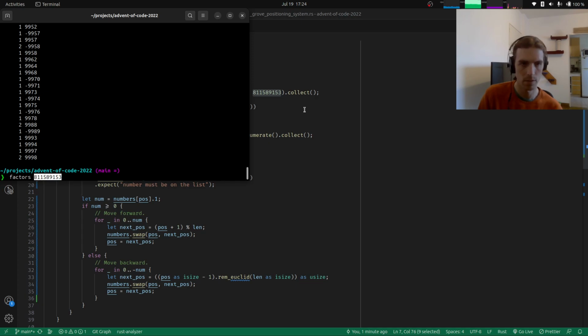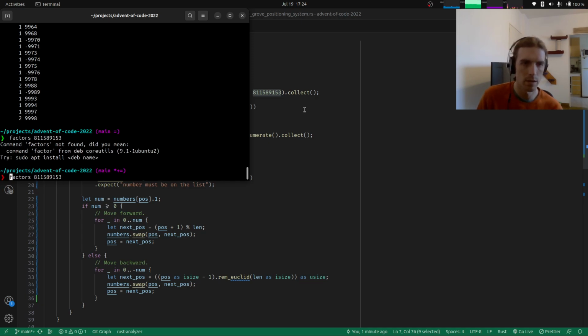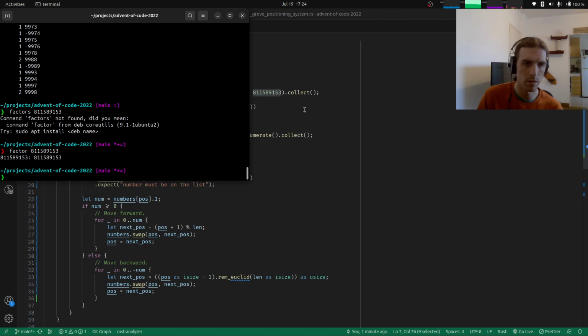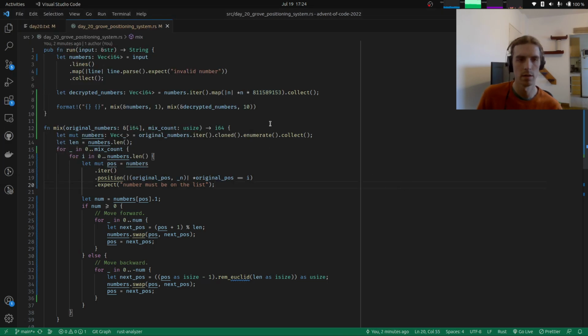Factors of this. No, factor. Oh, it's a prime number. Interesting. It's a prime number. What does that tell us? That should tell us something, right? If it is a prime number,